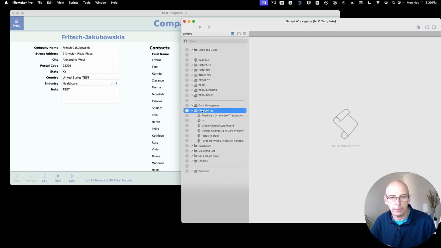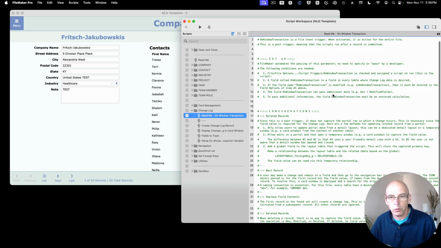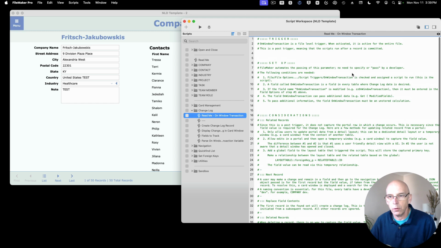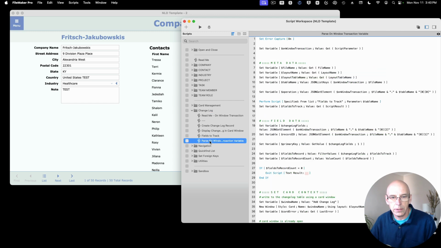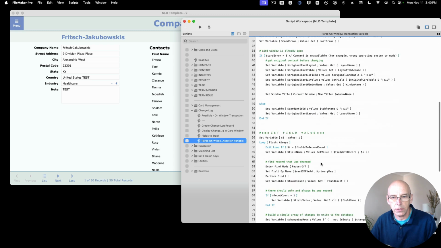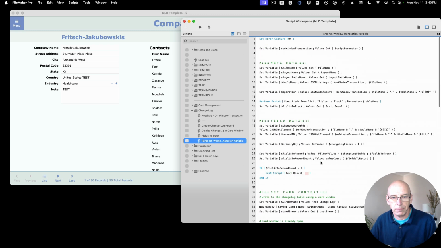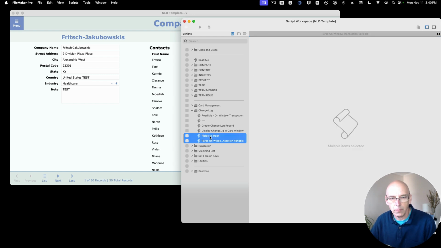So I have a folder here with a series of scripts. There's a README that you can go through, and this is the script we're going to call, and we'll walk through this to see it in action. There's not too many scripts. There's really just 3 scripts that make this happen. These are the 3 scripts,